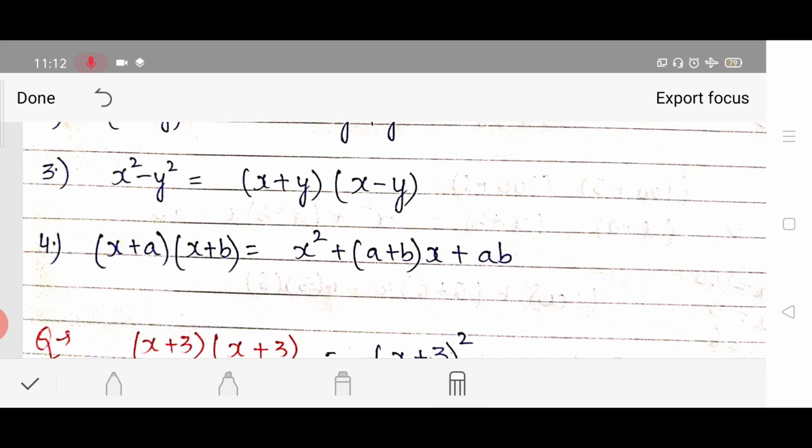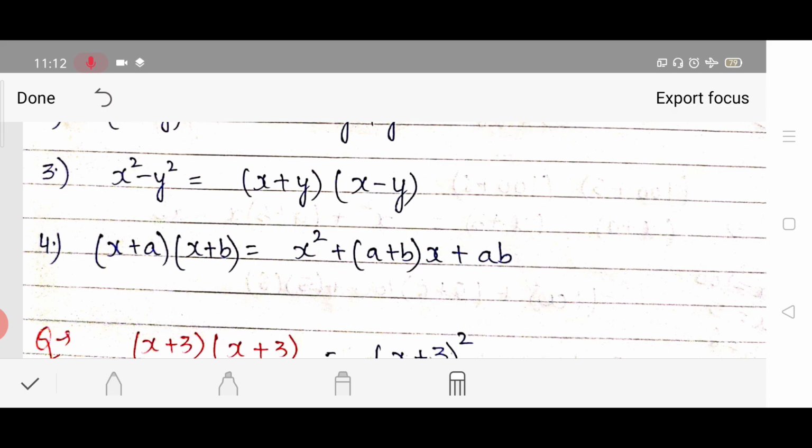So these are the four identities we have studied here. The remaining three identities we will study later in this video. First of all, you have to note down all these four identities, and you have to learn them on your fingertips, so that you can easily apply them in your questions. Now let us understand the usage of these identities using some examples.